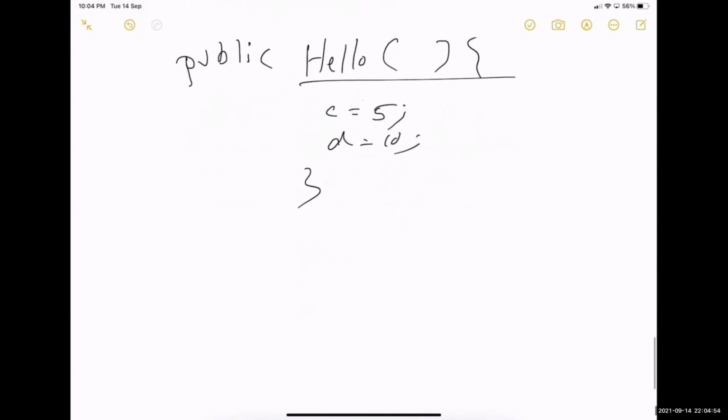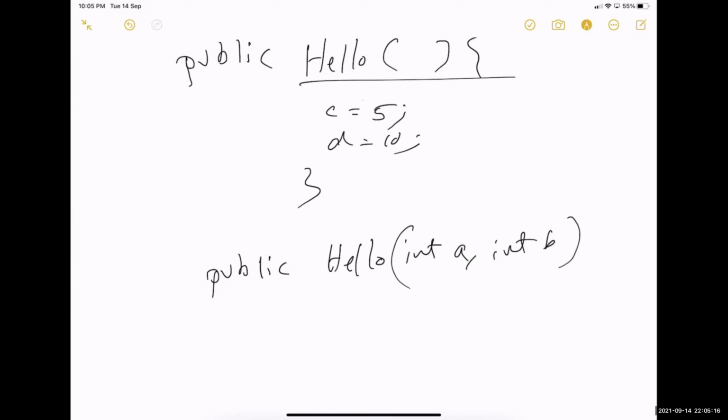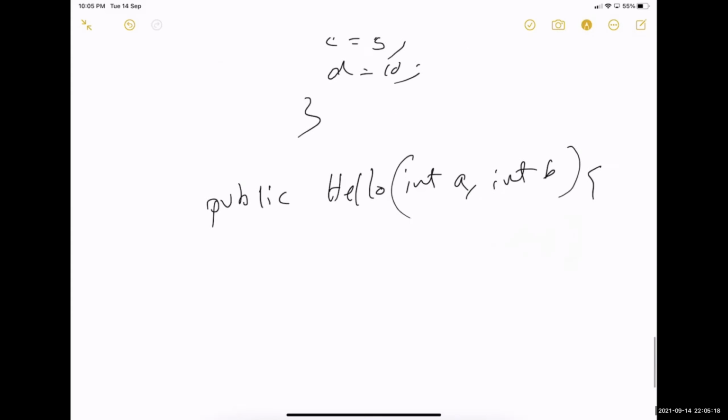And I can also have a public Hello int a. Actually it is not a practice to put a different variable name, but we have not learned a few other things. So I'll just keep it as int a and int b now. And then I can say C equal to A, D equal to B.